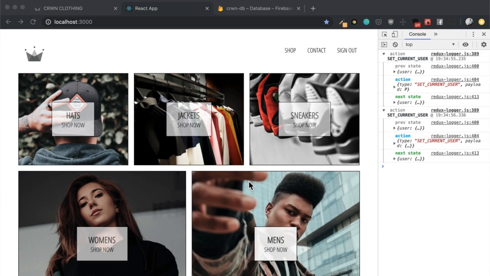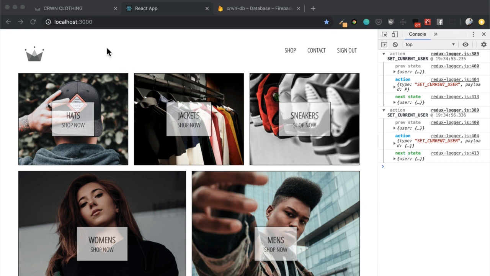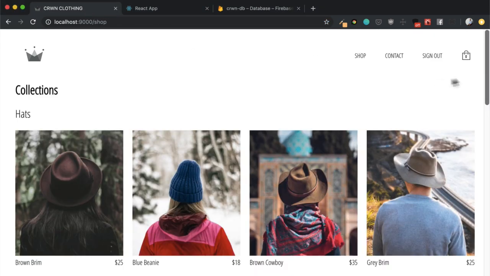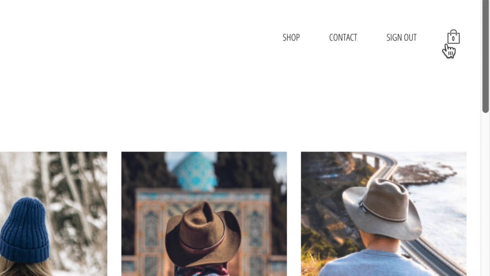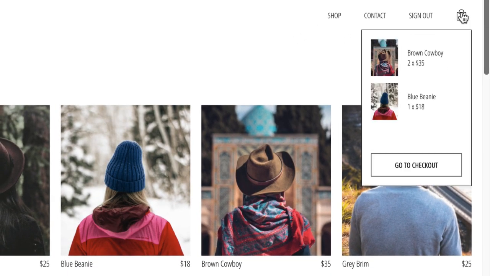Now, the next thing we're going to tackle is a pretty big feature. And the feature is our cart. So if we go to our final application, we'll see that our cart is represented as this shopping bag icon with a number inside that increases whenever you add items to it. Inside, when you click this icon, it will create this drop-down that shows you the items that you currently have